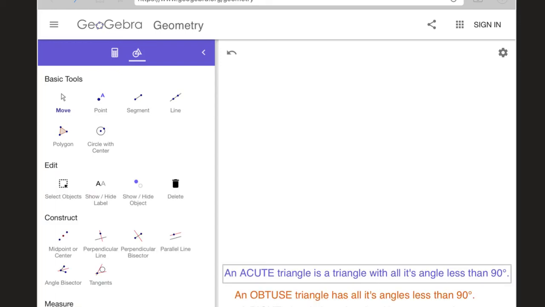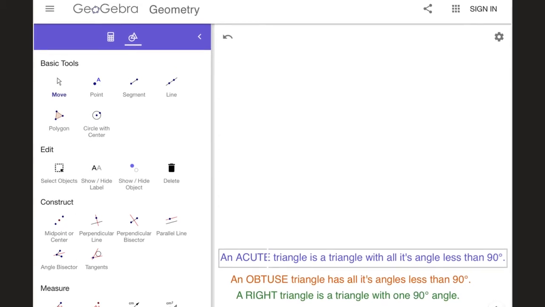Hi everyone, welcome back. Today we're going to look at three different types of triangles. We're going to mainly be looking at acute, obtuse, and a right triangle. So we're going to start with looking at what an acute triangle is, and the definition I have here is